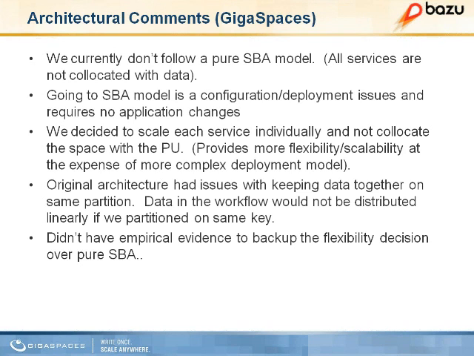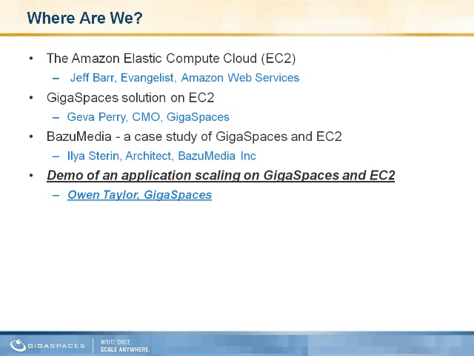So basically, now we're looking to go to a pure SBA model. Our system works as is in the non-SBA model, but the great thing about GigaSpaces is that going to an SBA model is done all declaratively through configuration. We do not have to touch any of the application code. All of the processing units and services that are already written, we're just able to package them and collocate them with a space all in one particular processing unit and achieve the space-based architecture purity. That pretty much completes my slides, so I'll pass this back on to GigaSpaces.